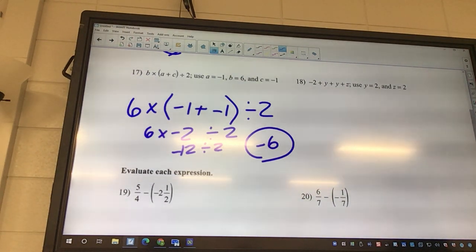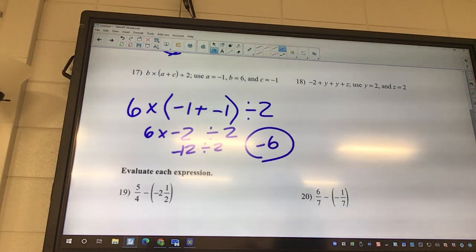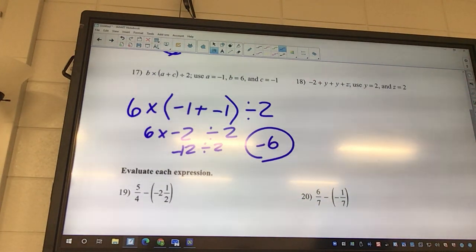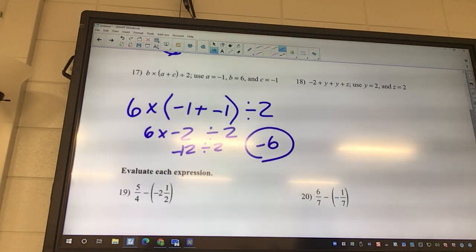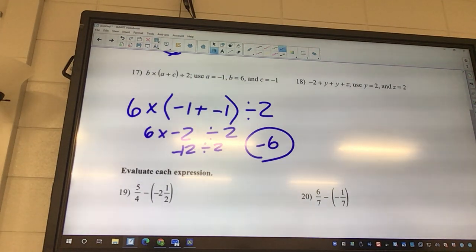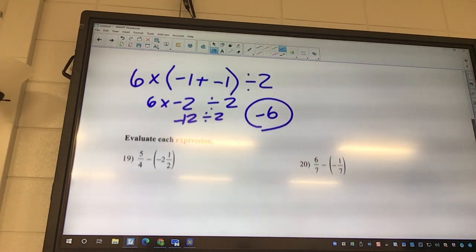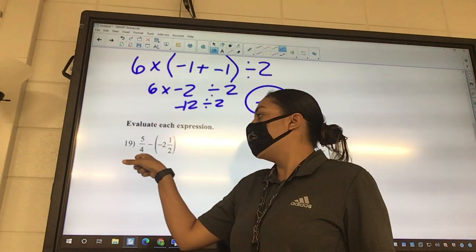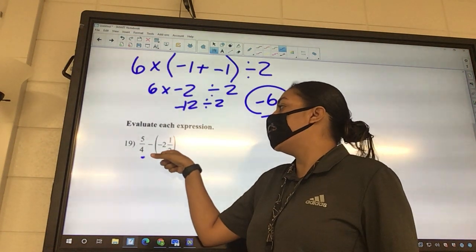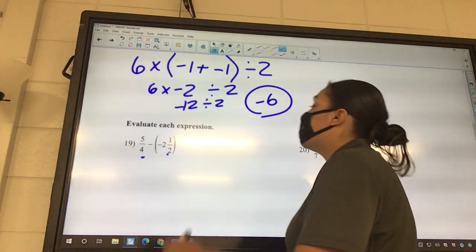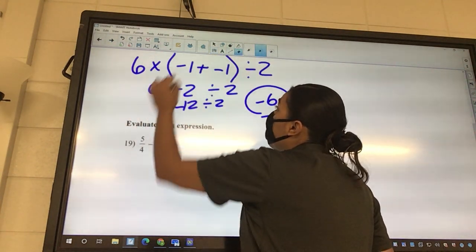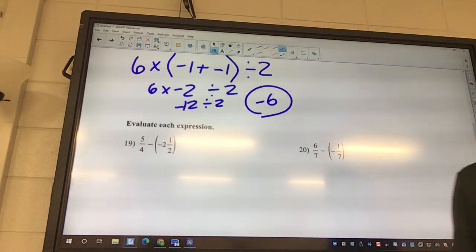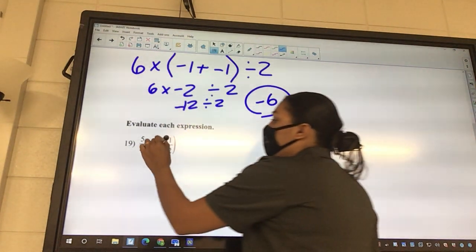Okay, the next section is about evaluating real numbers. This is what we've been doing the last couple days. We did addition and subtraction, multiplication and division. We did it with decimals and fractions and just whole numbers. So 19. What kind of fraction is this? Improper. What kind is this? Mixed. Okay, so our very first one. And what do you do with these minus? You add them. Yeah, you're going to put them together and add them.